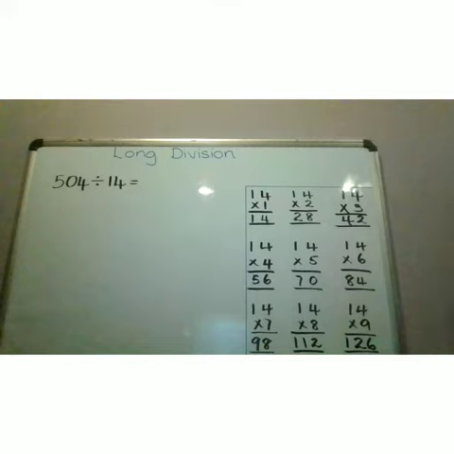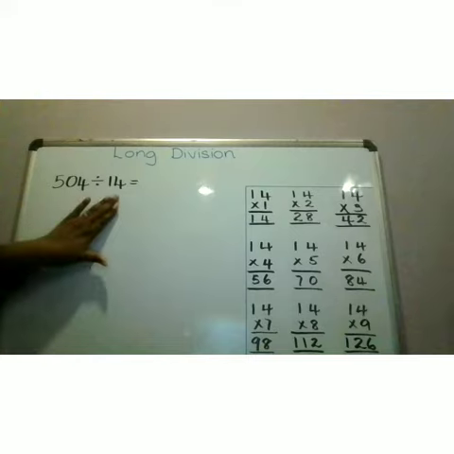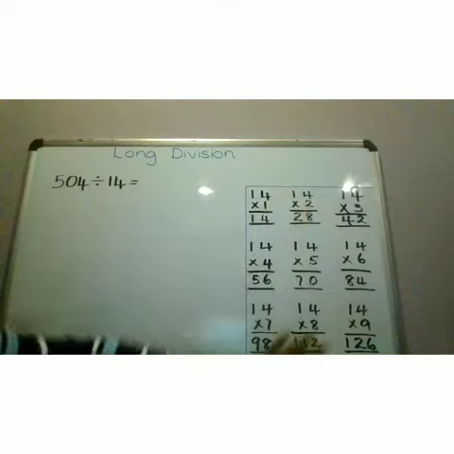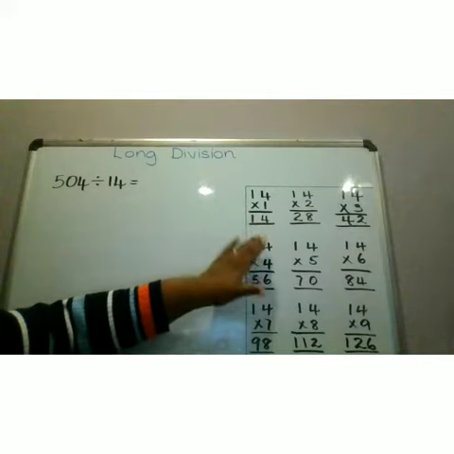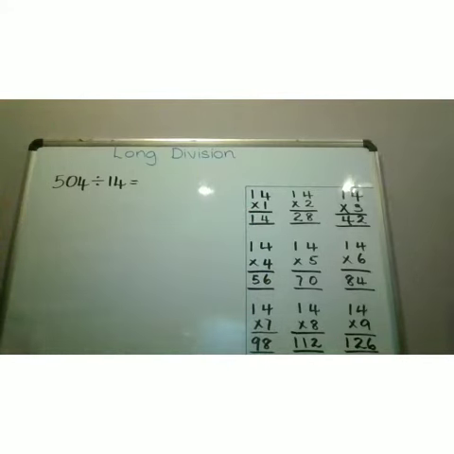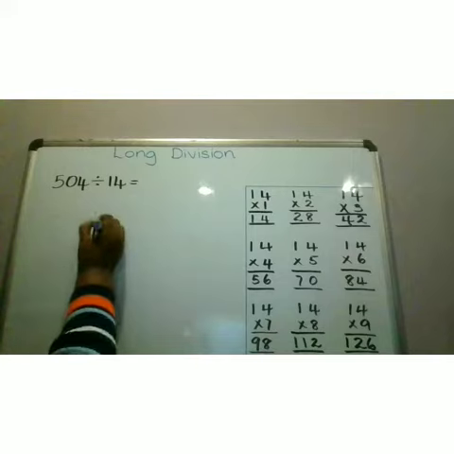504 divided by 14. I'm dividing by 14, therefore I build my 14 times table before I start my division. I start by multiplying 14 by 1, by 2, and so on. This is going to help me when it's time to divide. Let's start. 504 is my dividend,